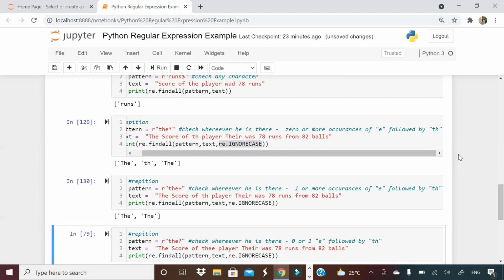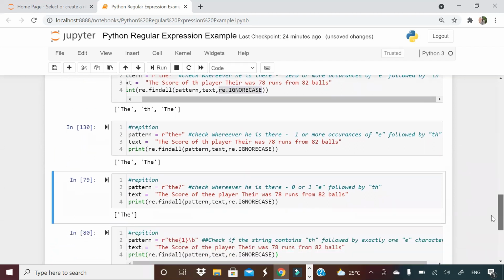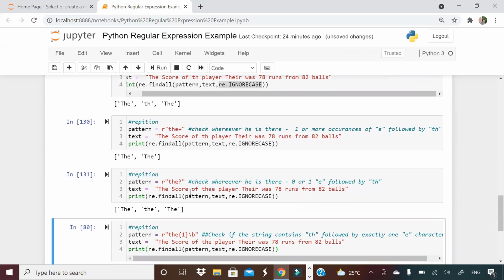Okay. One more thing, guys, here, question mark. Question mark is 0 or 1 E followed by TH. Okay. So question mark means 0 or 1, not more than that. So here I have knowingly given 2 E's. Okay. So that will not come here. It is coming here. The reason being there is no word boundary. Let me give a word boundary here.